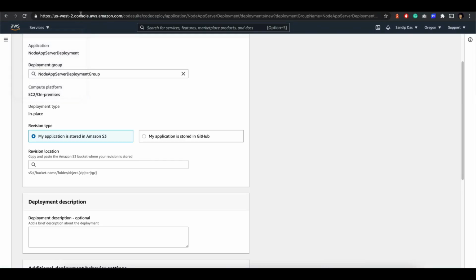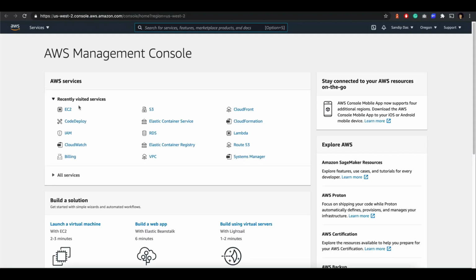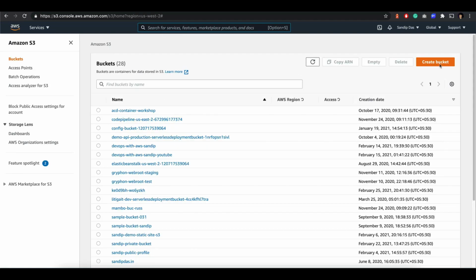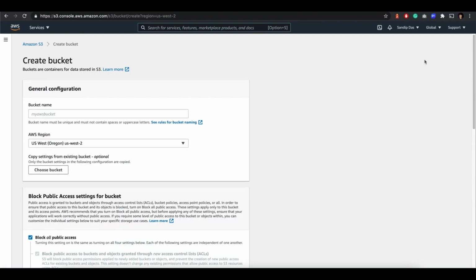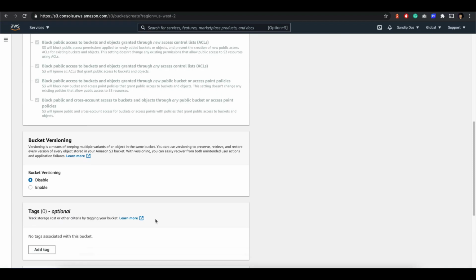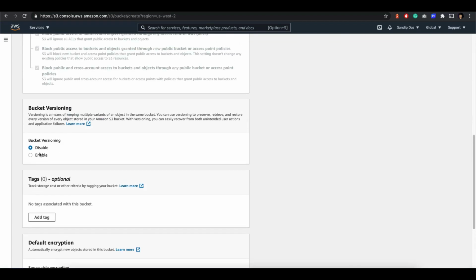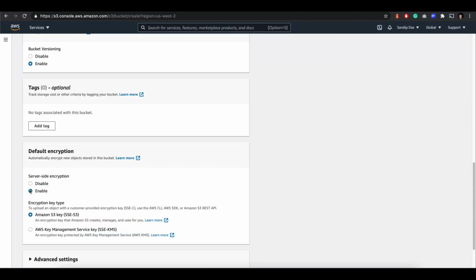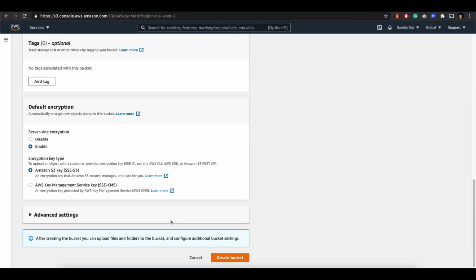For that we're going to create a new bucket. So let's go to S3, and there we'll create a bucket. Call this bucket, say, node app YouTube demo. Okay, let's go, and we want to enable the versioning here, of course. Then enable the encryption. As a good practice, always enable the encryption.